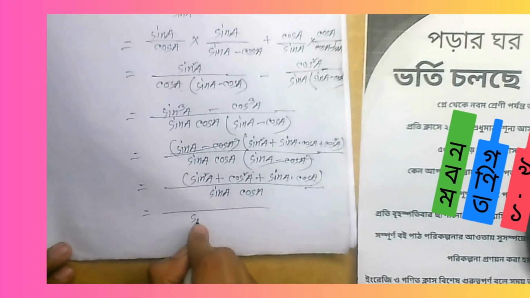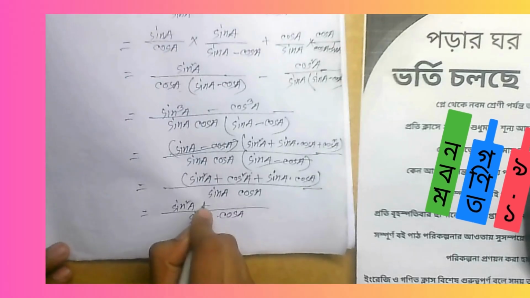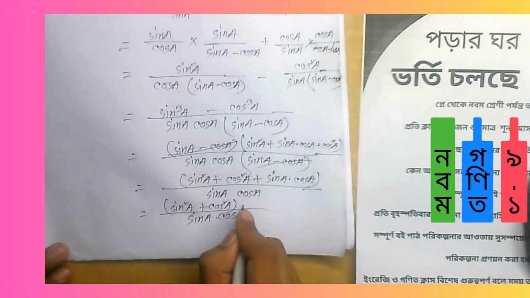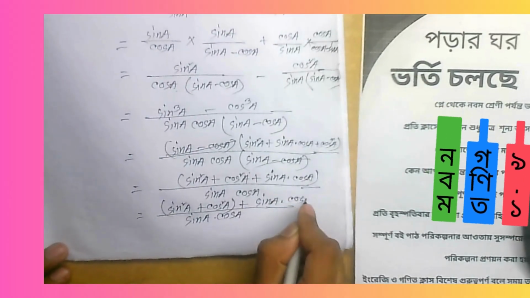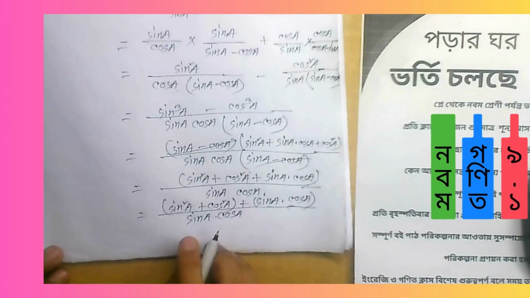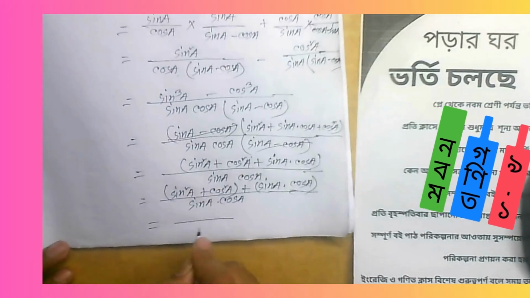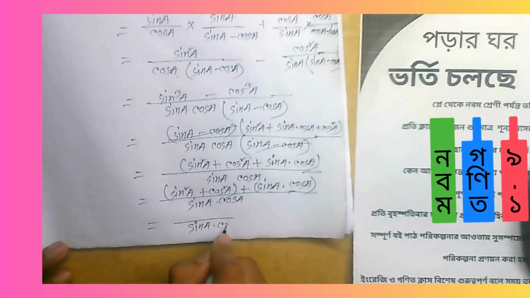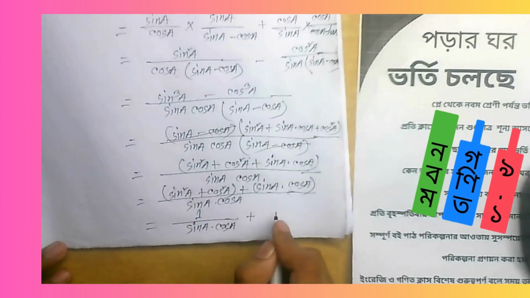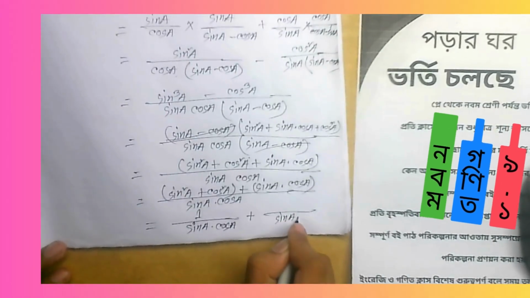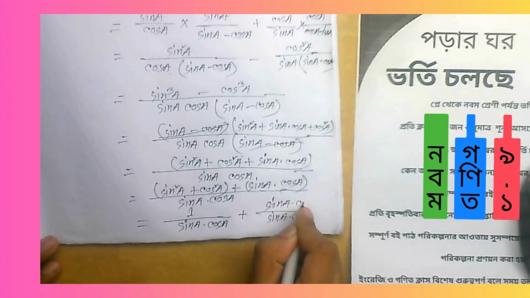এখন দেখো sin a cos a, sin square a plus cos square a ব্র্যাকেটে নেই, তাহলে প্লাস sin a into cos a থাকে, তাহলে দেখো আমরা জানি sin square a plus cos square a equal to 1, তাহলে 1 plus sin a into cos a, পরে sin a into cos a।